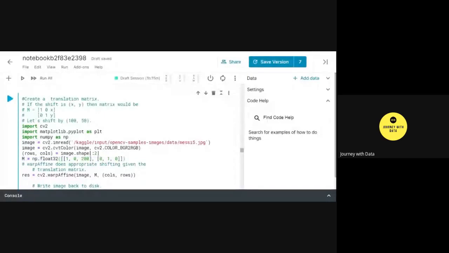Now just wrapping up the translation matrix in a warp affine matrix. Now you must be wondering what this warp affine matrix is.